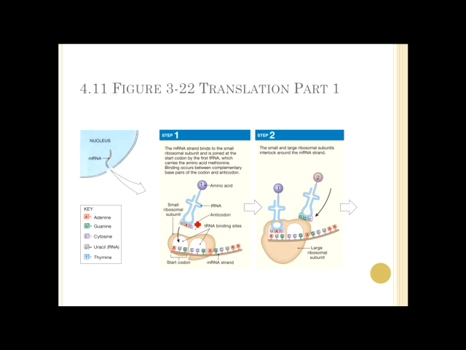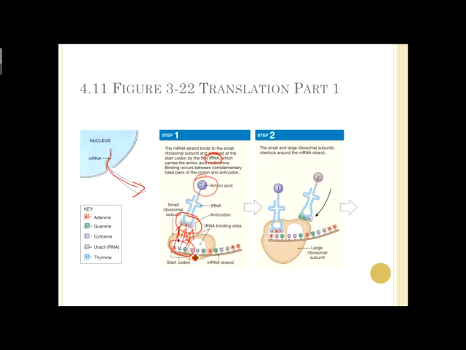So translation, part 1 here. In the nucleus, you get messenger RNA, which comes out. The mRNA binds to a small ribosomal subunit and is joined to the start codon by the first transfer RNA, which carries the amino acid methionine. Binding occurs between complementary base pairs of the codon and anticodon. So, ribosomal subunit, if you have the start codon of AUG, the anticodon is going to be